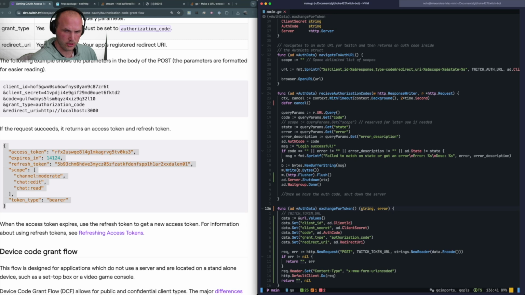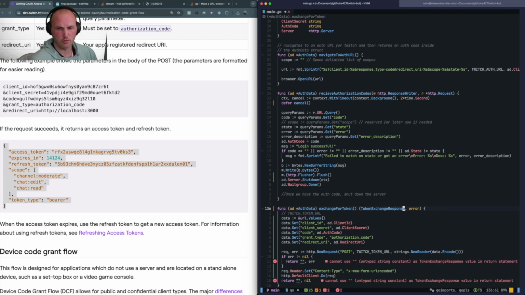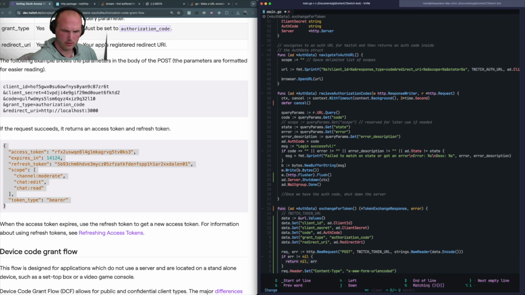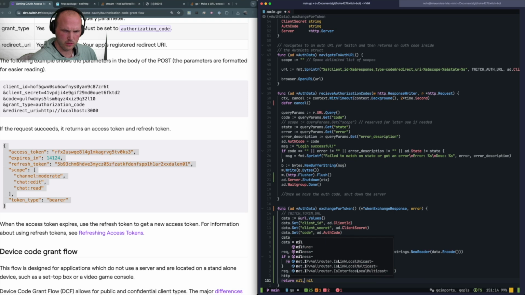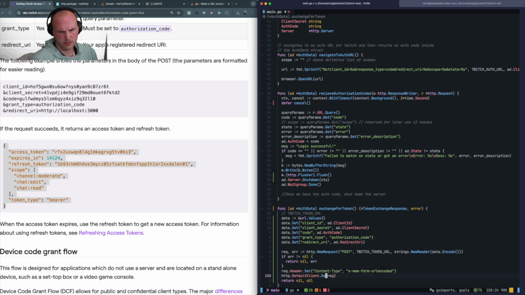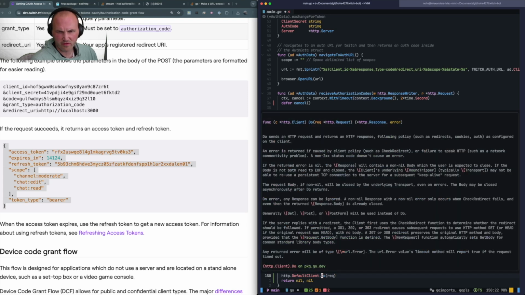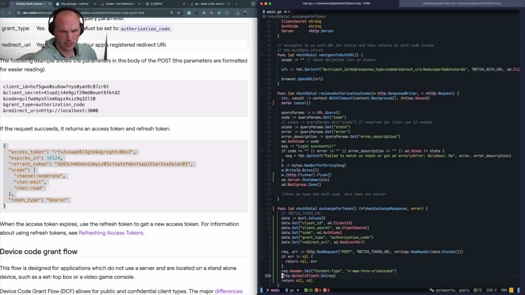And we can change this to token exchange response. Yes. Ooh, let's make this a pointer. There we go. Change word to nil, comma. Change word to nil. Okay, and then we'll say, what does do return? That returns a response and an error. So we'll say response error